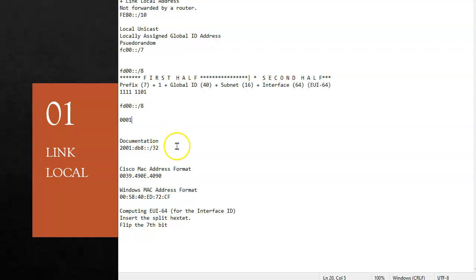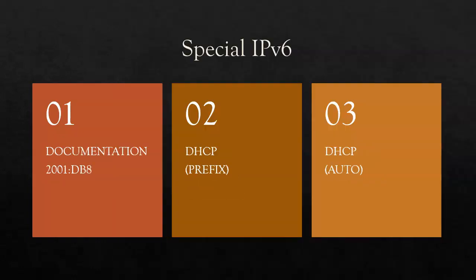Now, there is another address. I don't know if we've talked about it, but the next one is the documentation address. In all of the addresses that you will see printed in the material and in the text and other things, the IPv6 addresses you will see printed or in networks will begin with 2001.